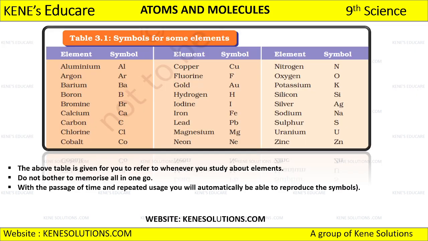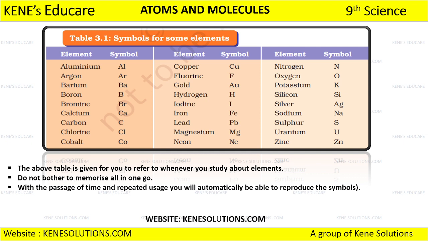After this, we have the symbols of some elements which have been given. We have many different elements, starting from aluminium. Now aluminium, we don't represent it as a single A. We write it as A, and the second letter is l. And if we have a look over there, it's the lowercase which has been used. So the first letter is going to be the capital one, and the second letter will be small.